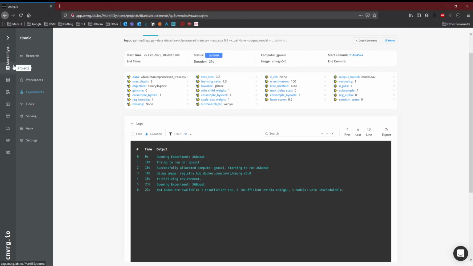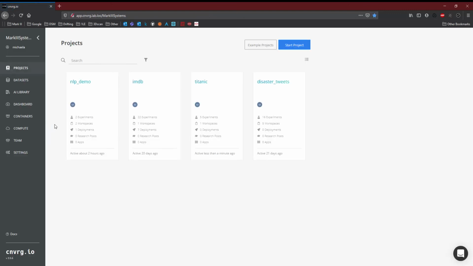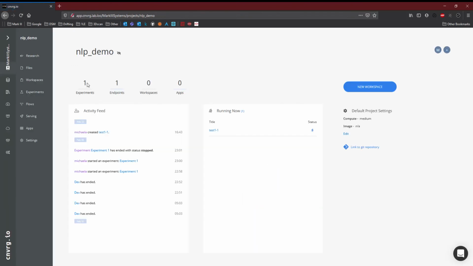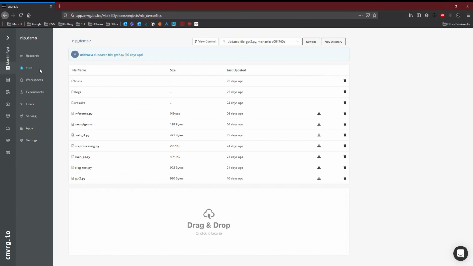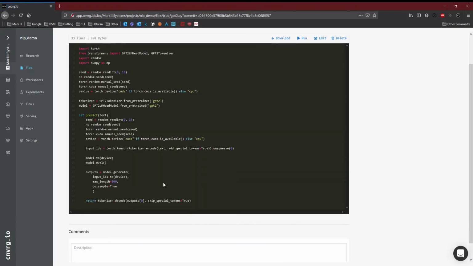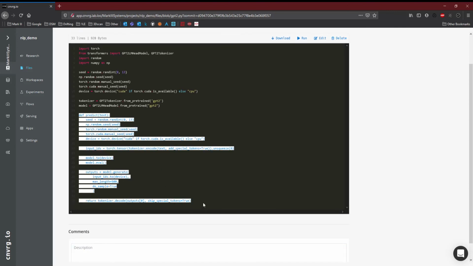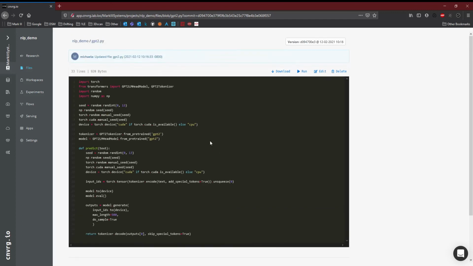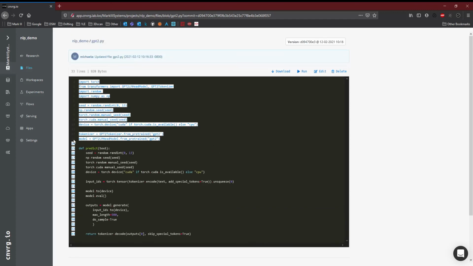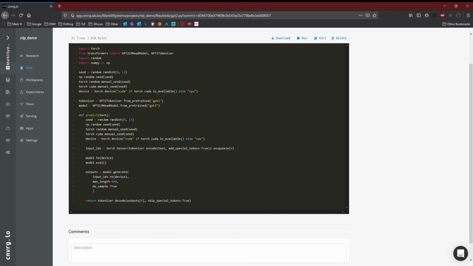For this, we're going to move to my natural language processing demo project, which is right here, so I can show you how this works. In this example, I will be using a model called GPT-2, which takes a few words as input and tries to generate text based on your input. So here I'm going to show you the file I used to do that. And the most important part of the file here is this predict function, which we're actually going to call on later for our serving. So we set up our model right here. And then to predict, we just take in our text and we return back our output,